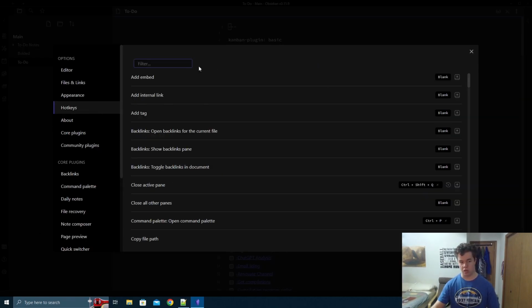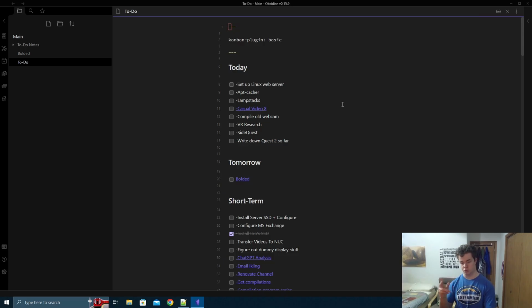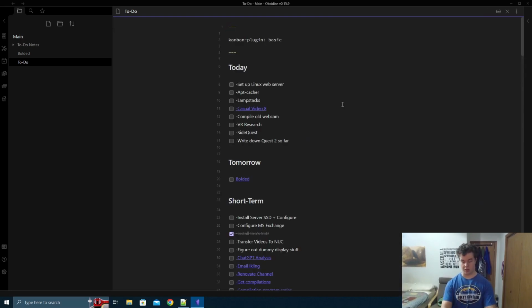If you go into the Markdown view, which I have mapped as Control E, you can map keyboard shortcuts by going to hotkeys, by the way. And in this case, toggle between Kanban and Markdown mode. It's part of the Kanban plugin. I can map Control E, for example, to switch between the two views, which I find quite handy. The home page also does the same job. In the newer version, it does not, but in this version of Obsidian, it does. But anyway, I could go to the end of the file,